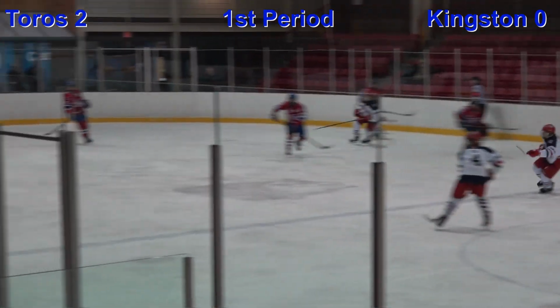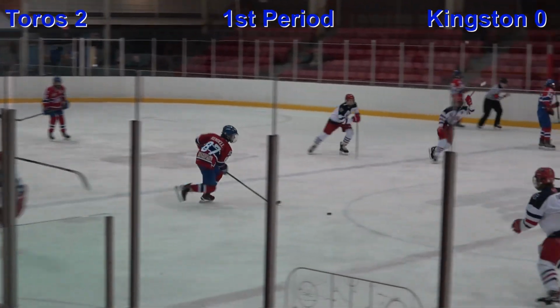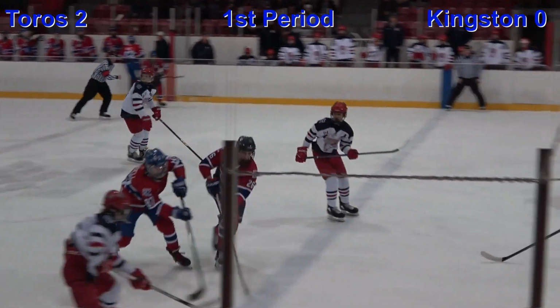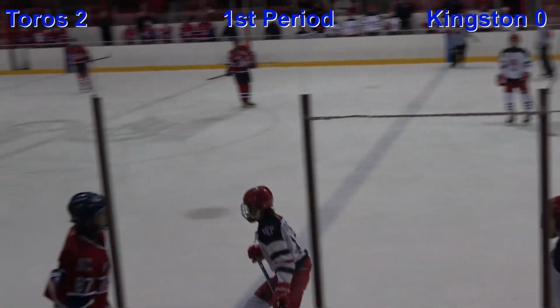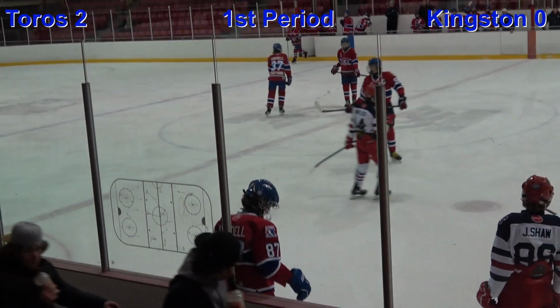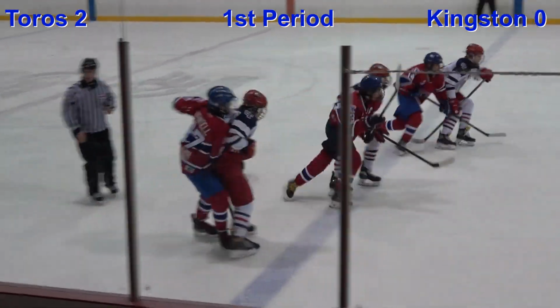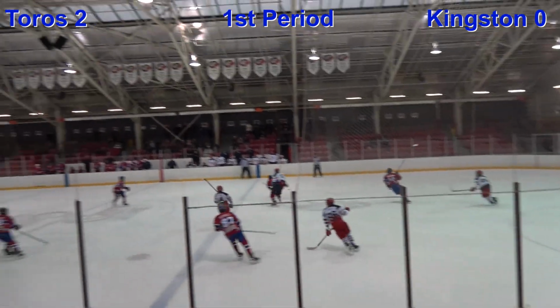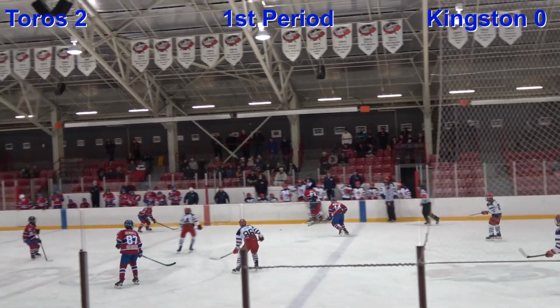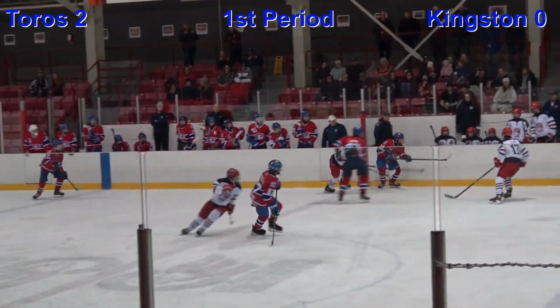Taken away here by Kingston with a lead pass. He's going to try and find some open ice through center with a drop pass. That's going to be an offside as soon as he brings it up over the line by Kendall. Whitlock will take this draw right here in front of us and win it cleanly. Ethan Sickma will get that away from his own end. Big hit over there at the Toros bench area.